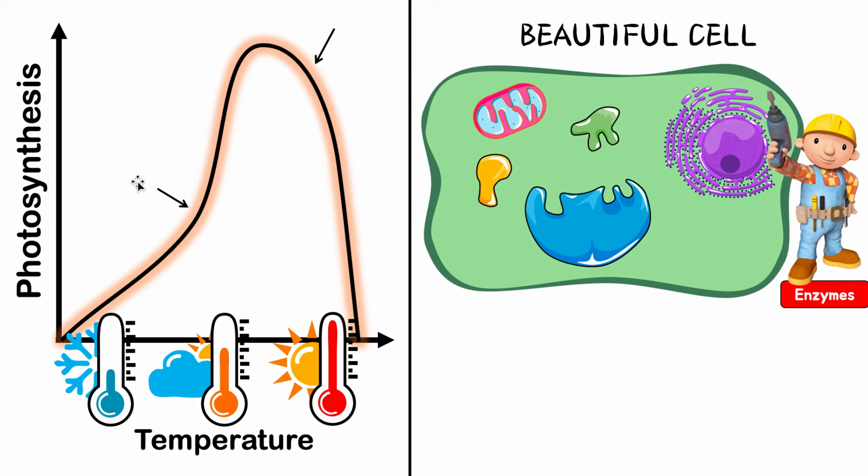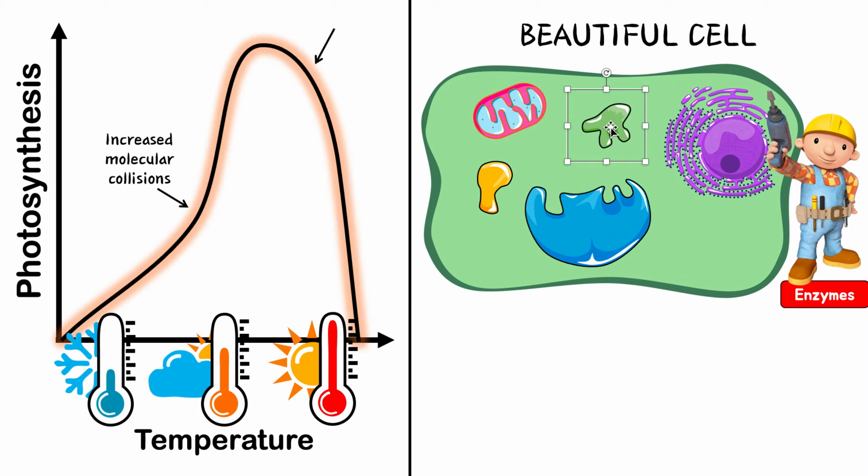So what does it mean? When we increase the temperature, we know that's going to increase molecular collision. When you have a lot of reactants like carbon dioxide, water, hydrogens, all that's doing photosynthesis, they move around at a certain speed depending on the temperature. The higher the temperature, the faster they move, which means the more likely they are to collide with an enzyme, and therefore the more likely they are to form a product, which is glucose. So the speed of these reactants moving around and colliding and making things happen is influenced by temperature. The more the temperature, the faster they move, the more collisions there are, and the more products can be made.